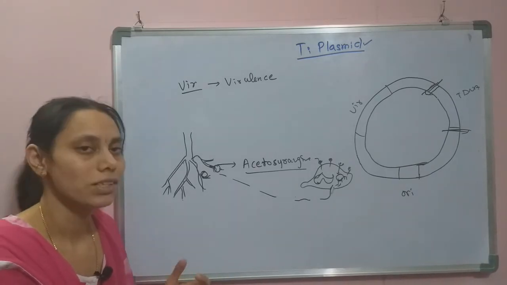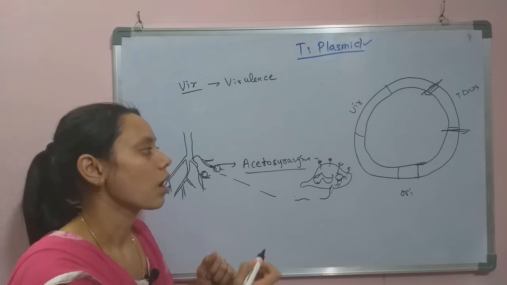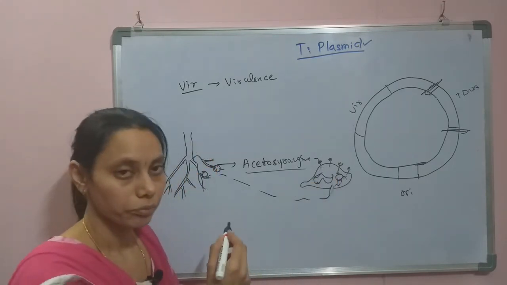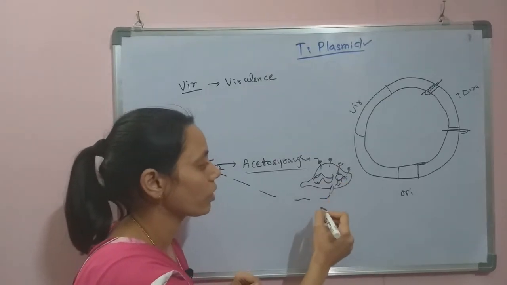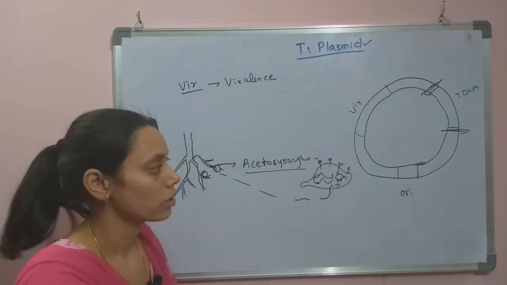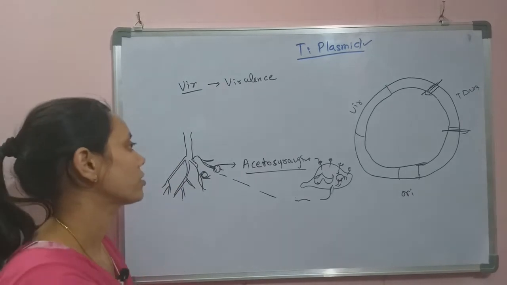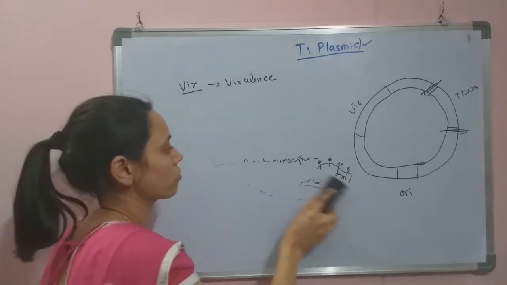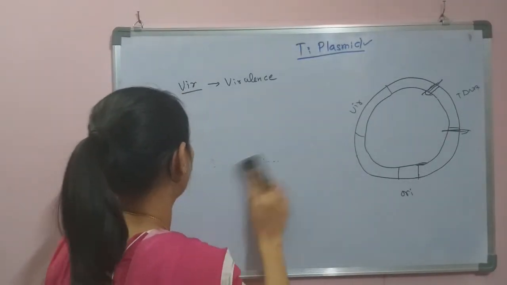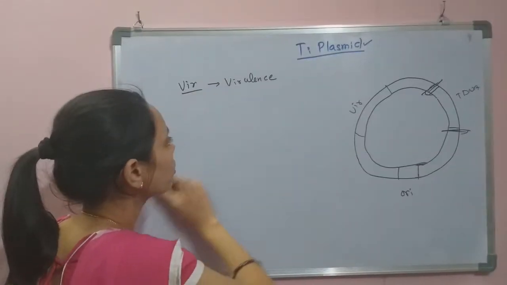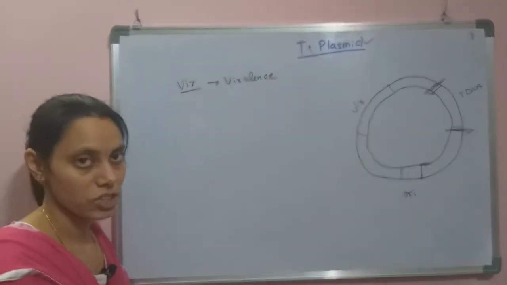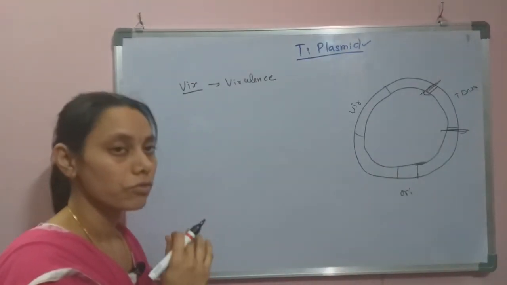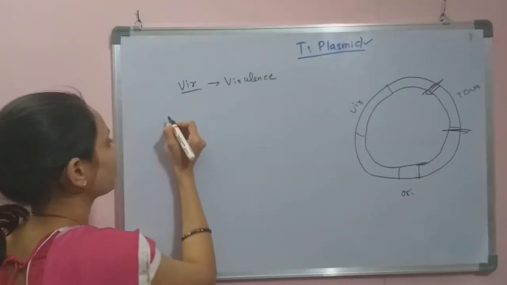But what are the genes responsible for it? That means how these receptors will be produced, and how the tDNA will be separated. For that we need to know what genes are present in the Ti region. So for total understanding, we need to discuss the functions of the Vir genes. There are many genes,